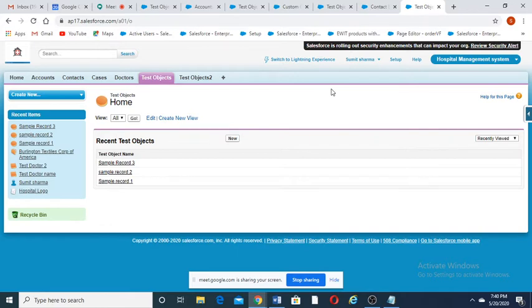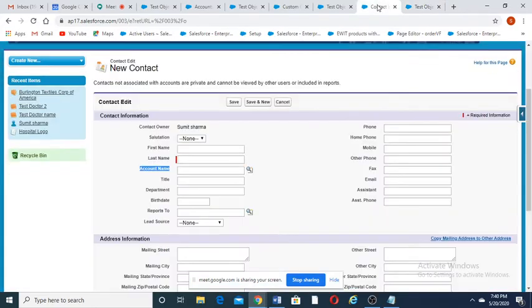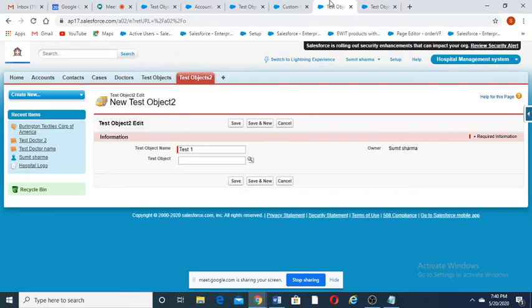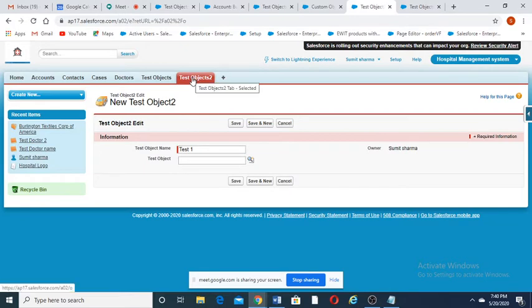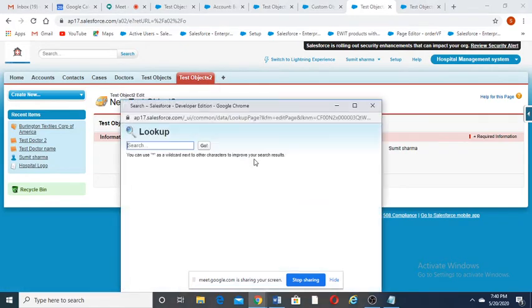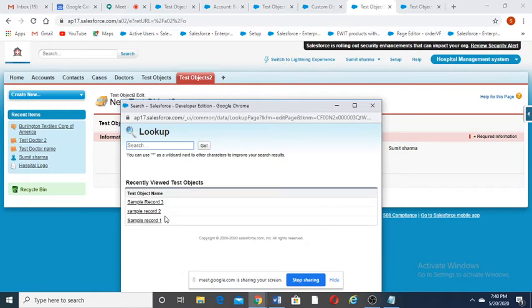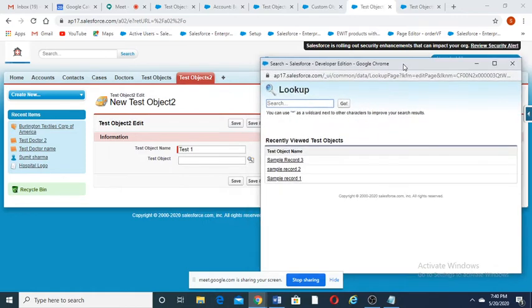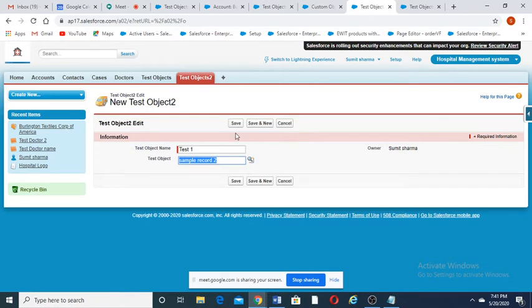Now when I come back to test object 2 and click on this lookup icon, I can see these 3 records. Whatever I want to link this test object to, I can select that. I'll link it to sample record 2 and save it.